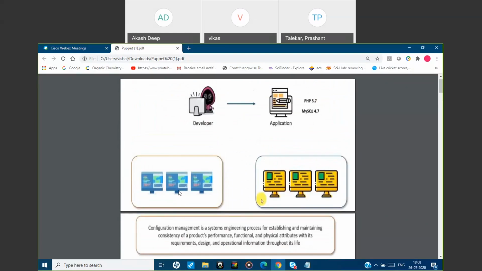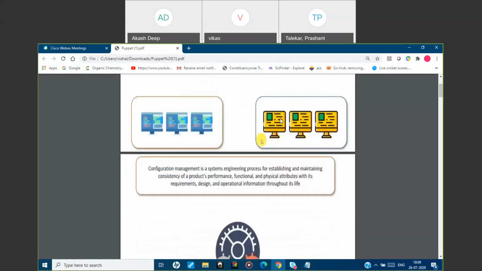First, this is the kind of problem configuration management tools used to solve, right? So there will be a single master server. On the master server, the ops guy will upgrade the version from 5.7 to 5.10, and all the slave servers, like 500 to 600 servers, will be connected to the master, and the changes will be reflected in all the servers. It means the ops guy doesn't have to go to each single server and do things. So this is the funda of configuration management.